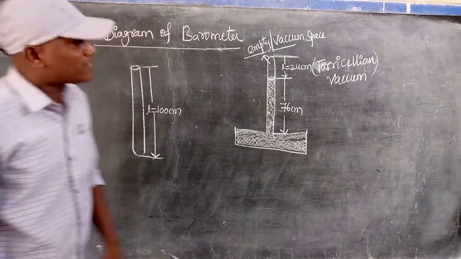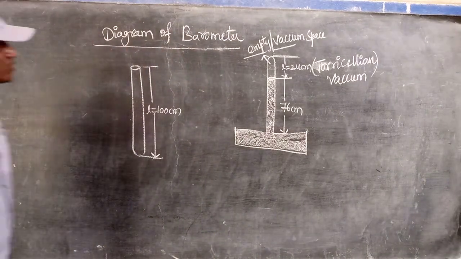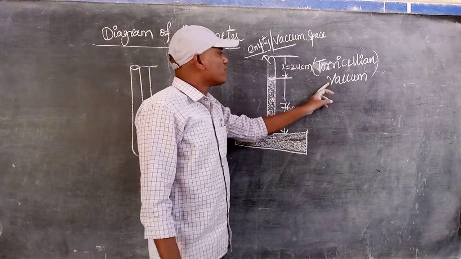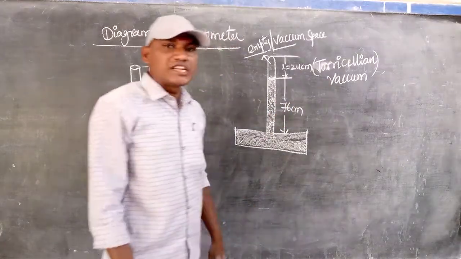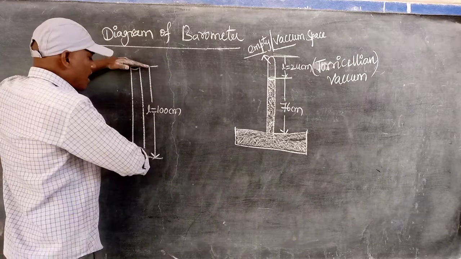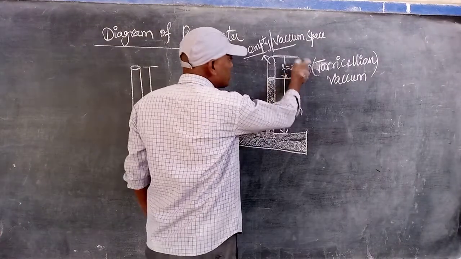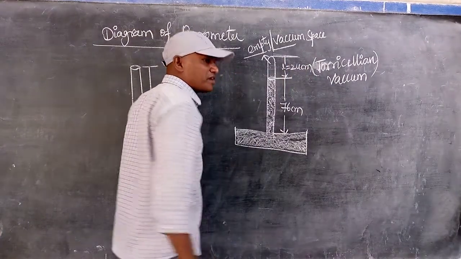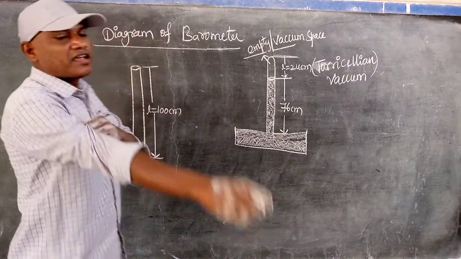What is the Torricellian vacuum value? 24 centimeters. Out of the total 100 centimeters, 24 centimeters of empty space will be created